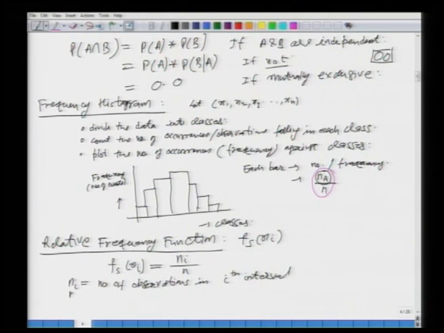N is the total number of observations in your data set,